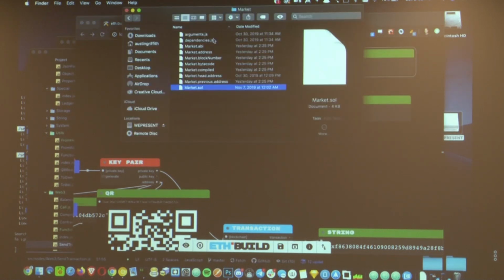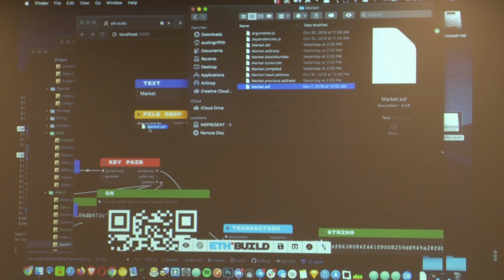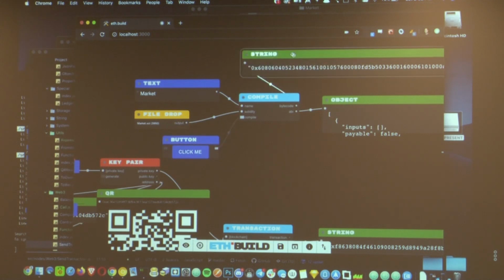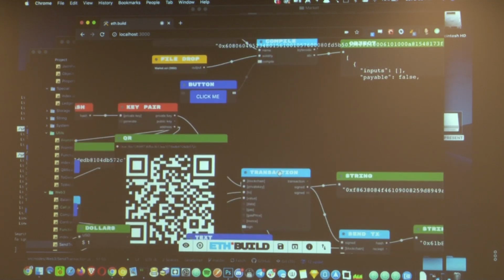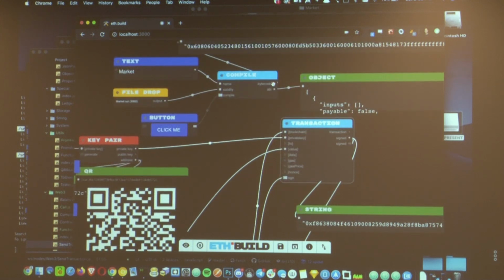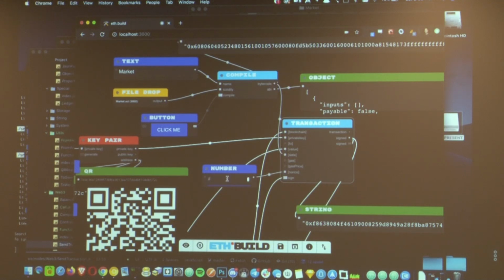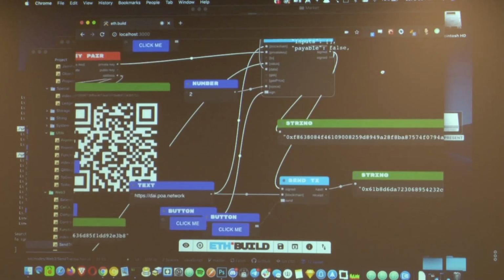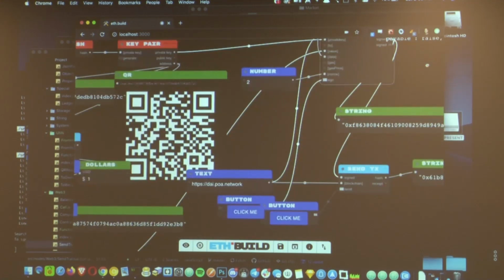And so if I drop this market contract in here, and hit the compile button. There we go. So now we get this cool bytecode. So if we wanted to deploy this contract, we technically could take this transaction that we have set up here, and we're going to pull the to address out, right? So when you deploy a contract, you're basically sending a transaction with no to address, but this will be our data. So we'll plug this bytecode into our data field, and I think I need to have a nonce of 2 now, or maybe 1. We'll see what happens here. Let's see if it's going to let me do this. So now if I sign